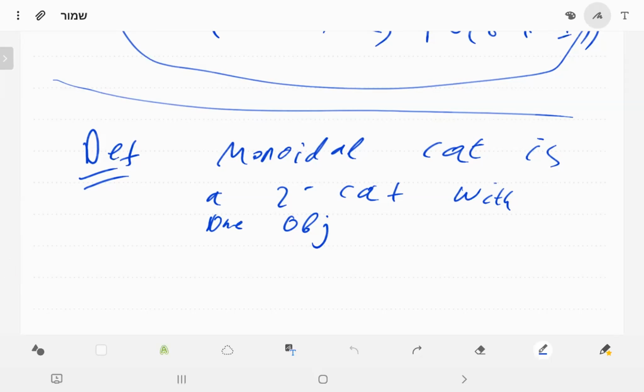It will have a composition structure. And this additional structure is called monoidal structure. And it has to satisfy something. What it has to satisfy? It has to satisfy that